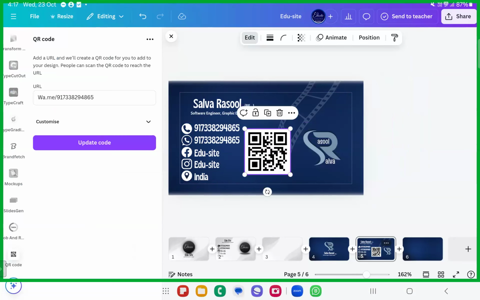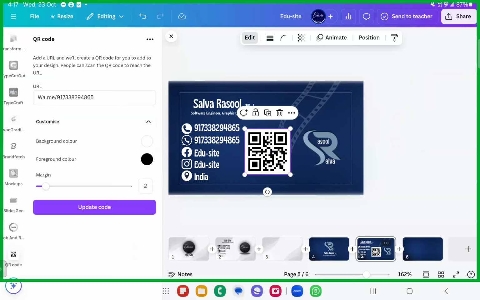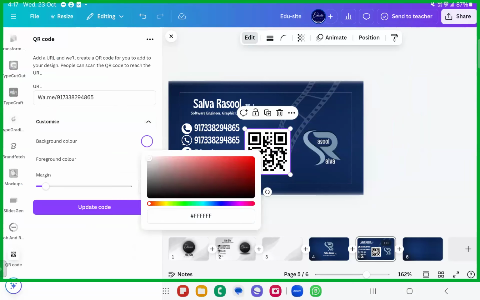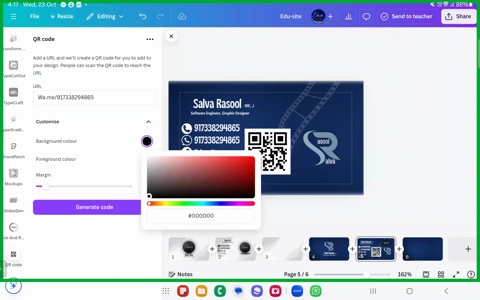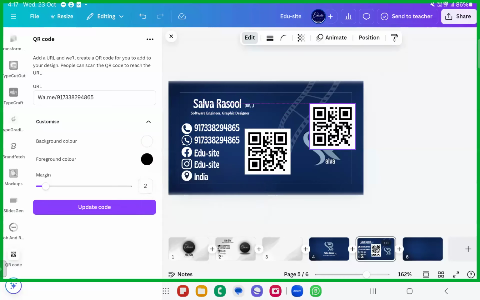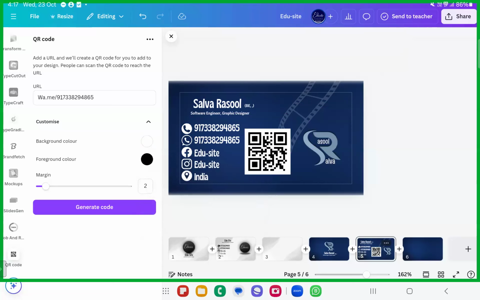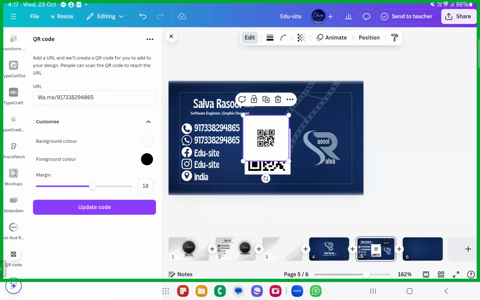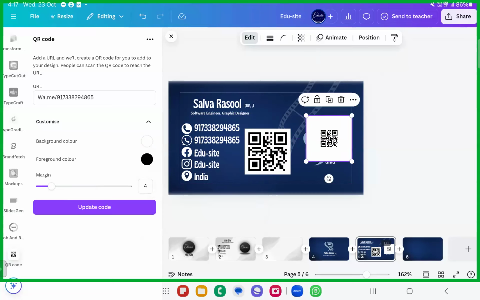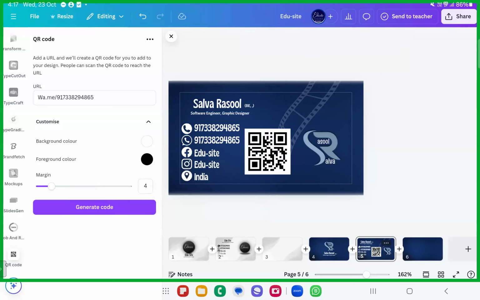Okay, if you want it customized in a different foreground and background, if you want black and white, black in the background, white in the foreground, then that is also possible, dear sisters and brothers. Okay, for example, if you want it black here, foreground white, then generate the code. Yeah, and this way you can generate that. So margins, if you want to add margins like this, you can generate that as well. Yeah, something like this. Margin is too big here. So, this way you can generate. So these are the ways you can generate the QR codes.